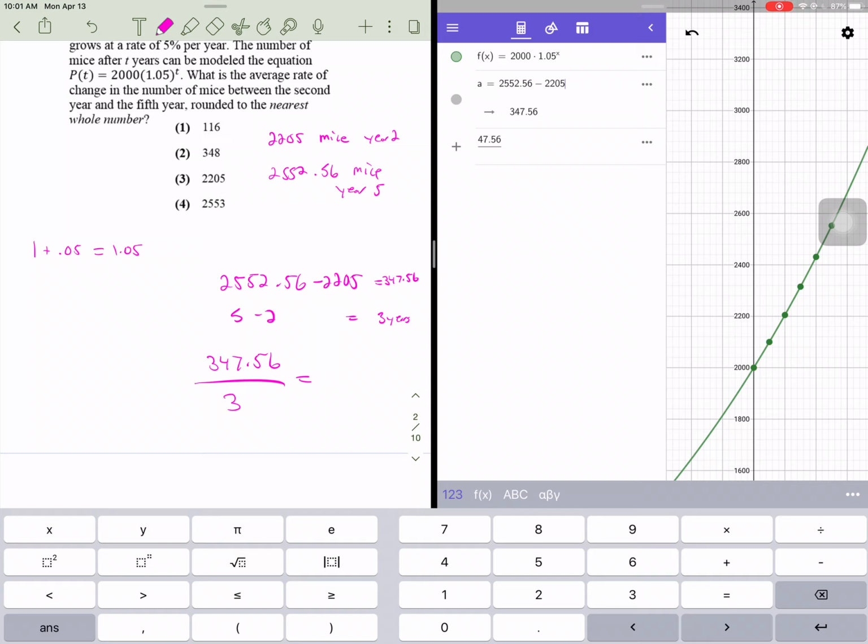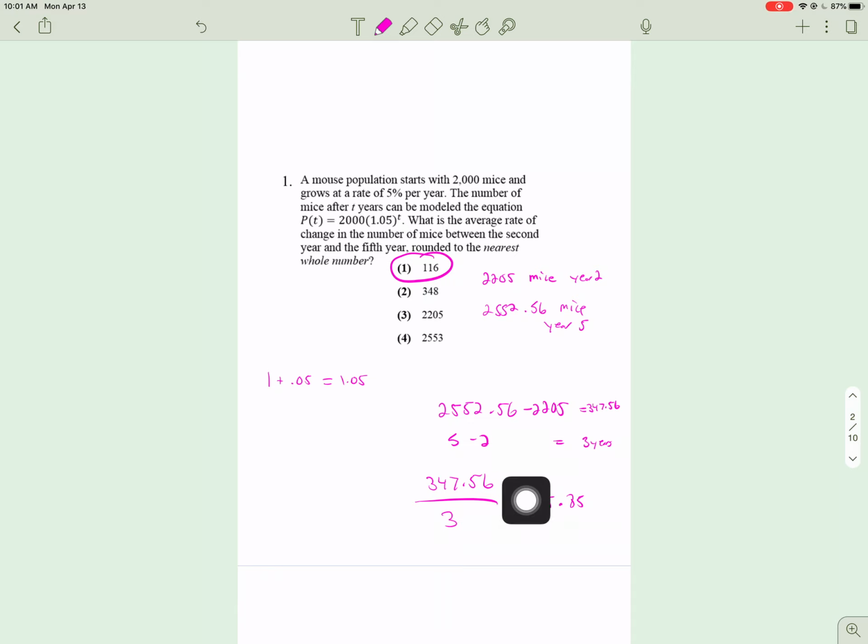Let's do that again. Let's fix that. That's 347.56 divided by 3. That's 115.85, to the nearest whole number, 116. So what is this rate of change? It's how much something goes up over how much time. That's an average rate of change. Now, it doesn't go up the same every year, but on average, in 3 years, it goes up about 116